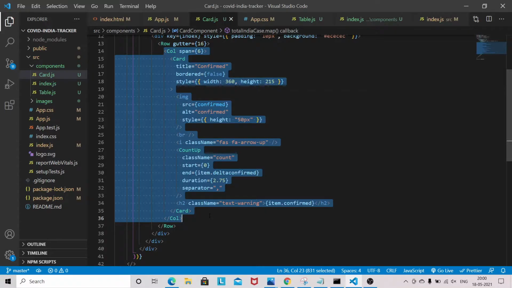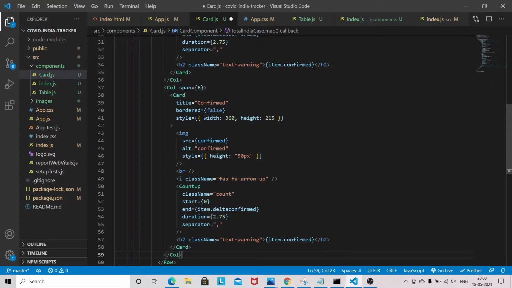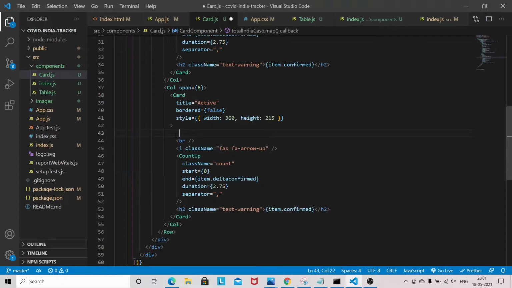So here it will be active. Hide, we can keep the same. And here we will be using basically Font Awesome. So here we don't need that image.